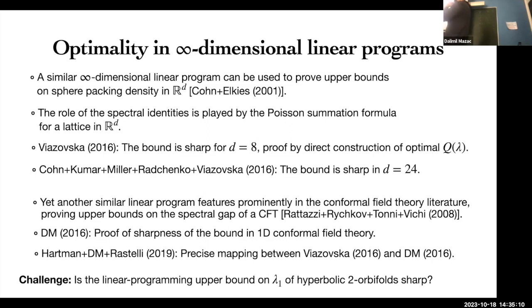So what do I mean by sharp? Sharp means that it's exactly saturated by an actual object. Like it's actually saturated by the surface or by an actual sphere packing. So for 8 dimensions, the sphere packing is the E8 lattice. For 24 dimensions it is the Leech lattice. So Viazovska's method also extends to 24 dimensions where it proves optimality of the Leech lattice. Okay, so that's the story in the math literature. And by the way, she recently got a Fields Medal for this proof